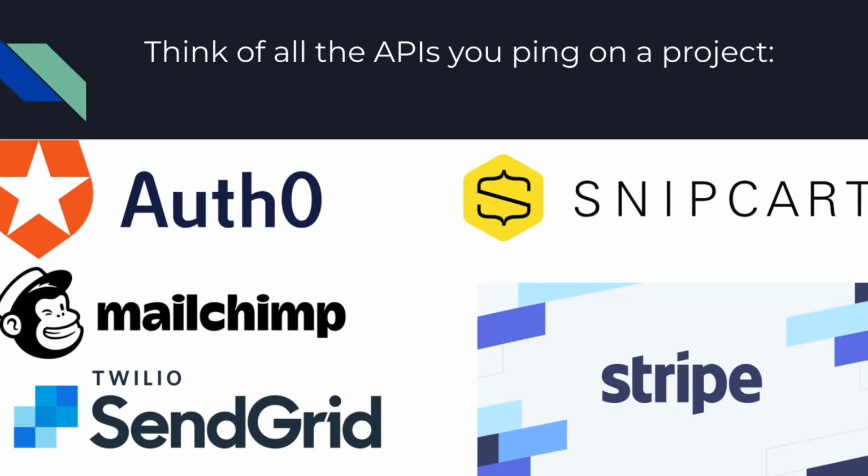But you might, in your project, be doing a lot more than just Stripe and MailChimp. I just have a couple examples here, using Snipcart for inventory, Auth0 for authentication, obviously. Personally, I like to use SendGrid for transactional emails, just my thing. Maybe you're using a completely different set of APIs, who knows? But it can get really complex very quickly. Like I said, I just had 2 APIs in my project and it's already insane. So if you're the type of person who's using 12, I don't want to be you.